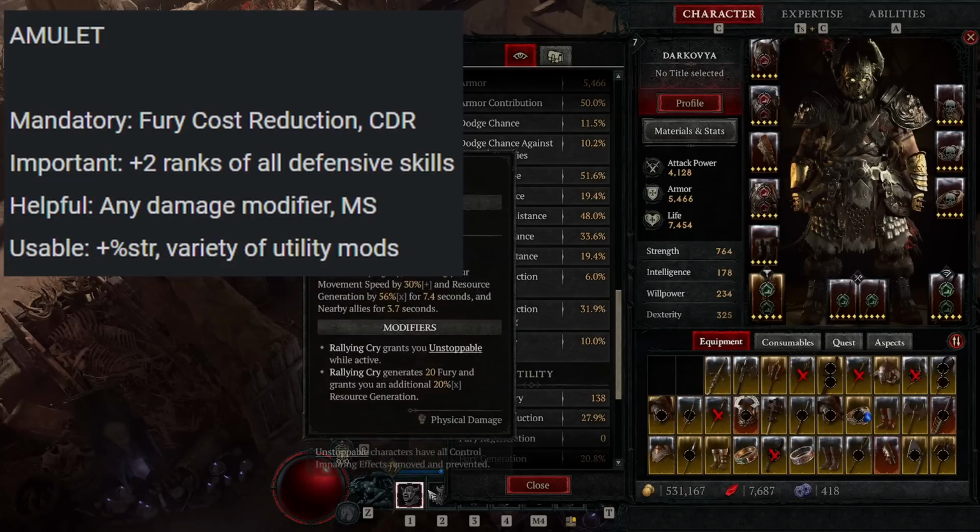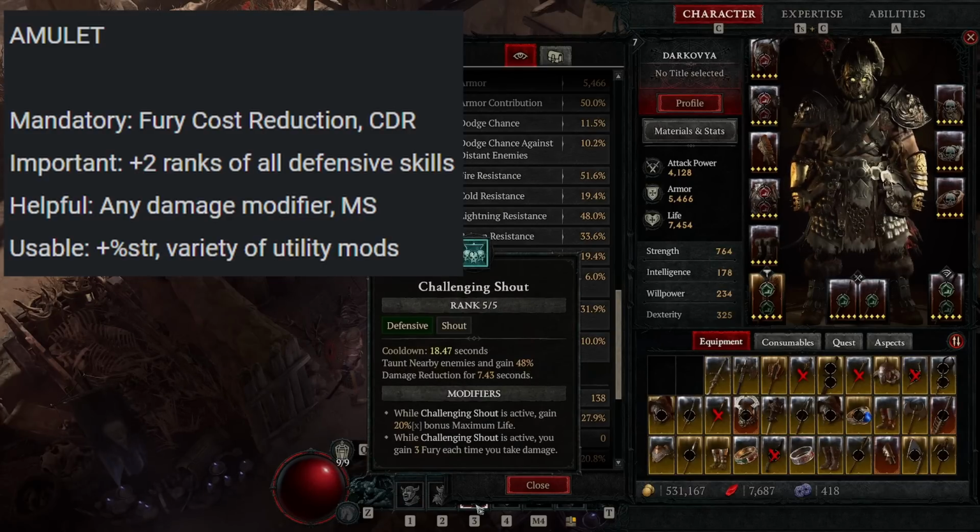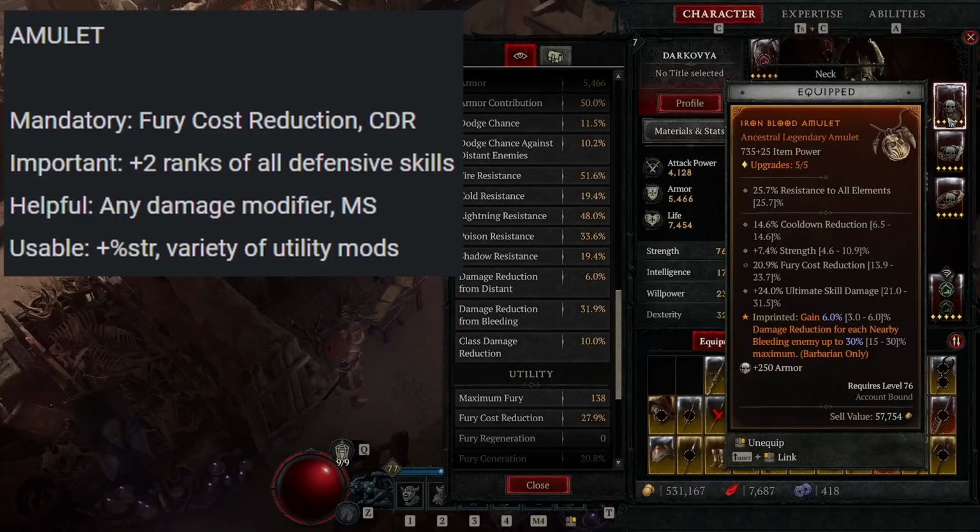This gives +2 to all of our shout skills, which is great. It's more resource generation with Rallying Cry. It's more damage. It's more damage reduction. It's a great lineup. Wish I had it. Helpful mods are any damage modifier and movement speed. And then usable mods, honestly, there's a lot of usable mods on amulets, but really just prioritize fury cost reduction